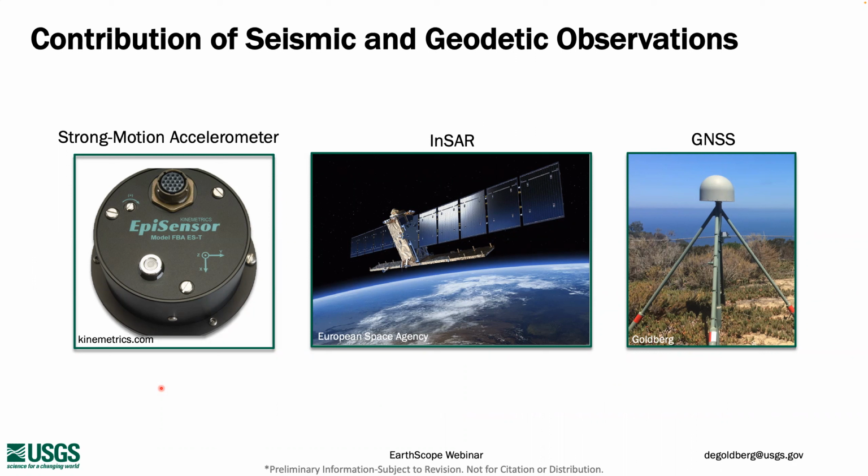So in a perfect world, we can get some of these local data sets, namely the strong motion accelerometer and GNSS, in real time faster than we can get teleseismic data, because of course they'll observe the full propagation of the seismic waves faster when they're local stations. InSAR, of course, can take hours to days to be included depending on when the next post-earthquake image is taken.